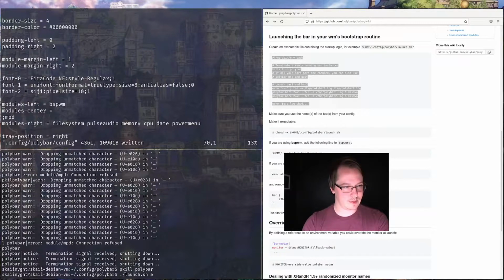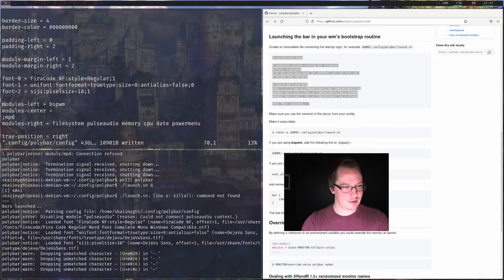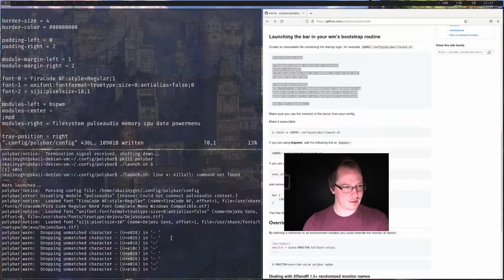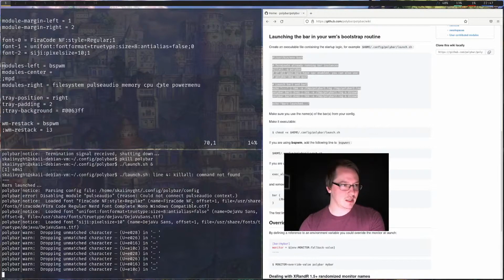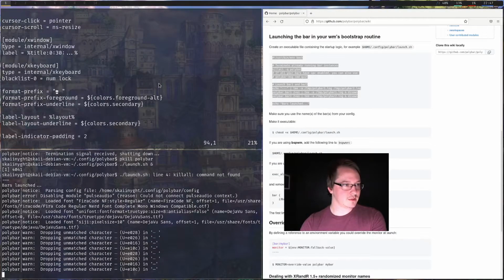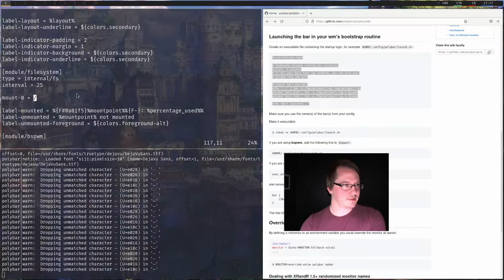Okay, so far so good. We're not complaining about MPD. Looks like the only thing we're complaining about now is the hyphens. So let's see where those are at. File system. Actually,